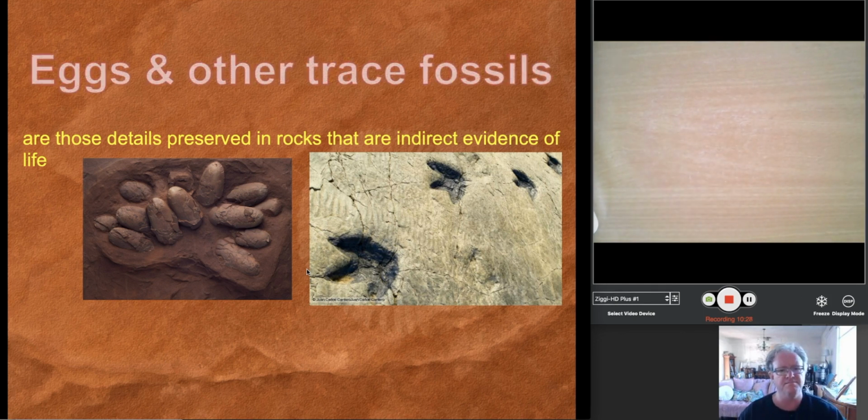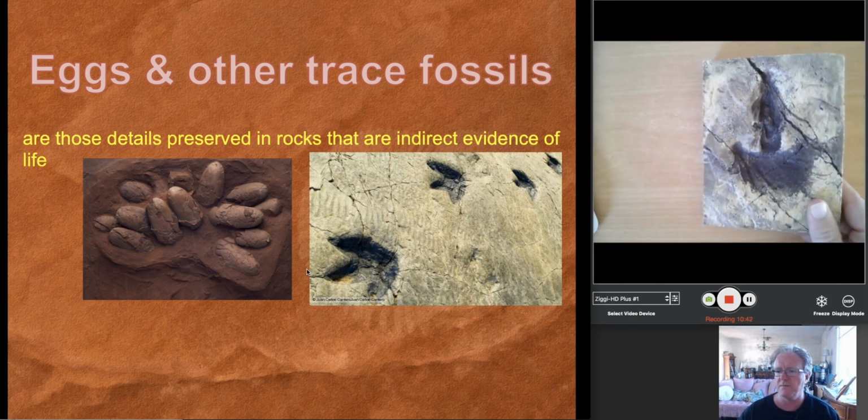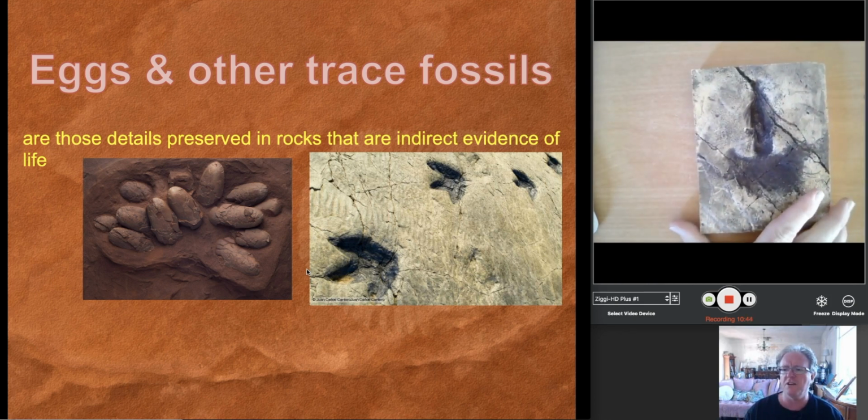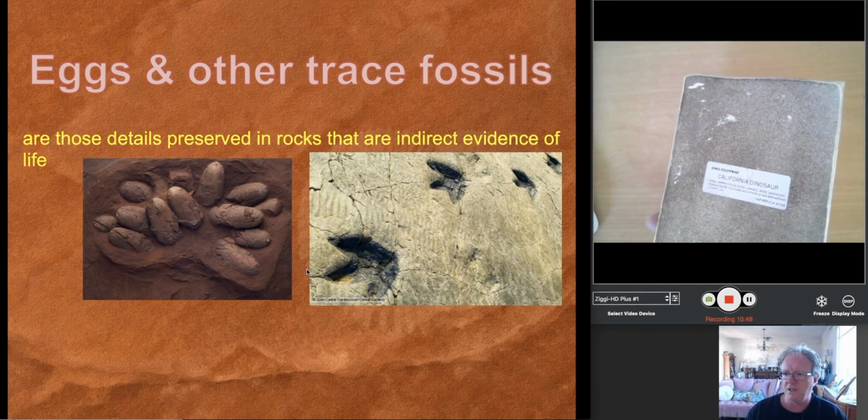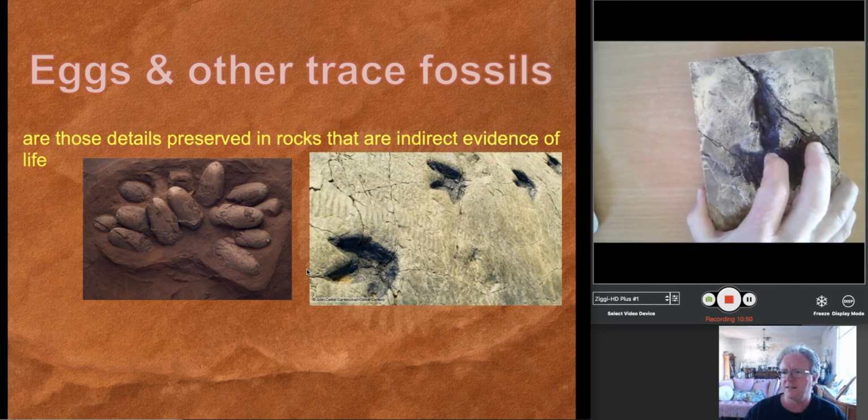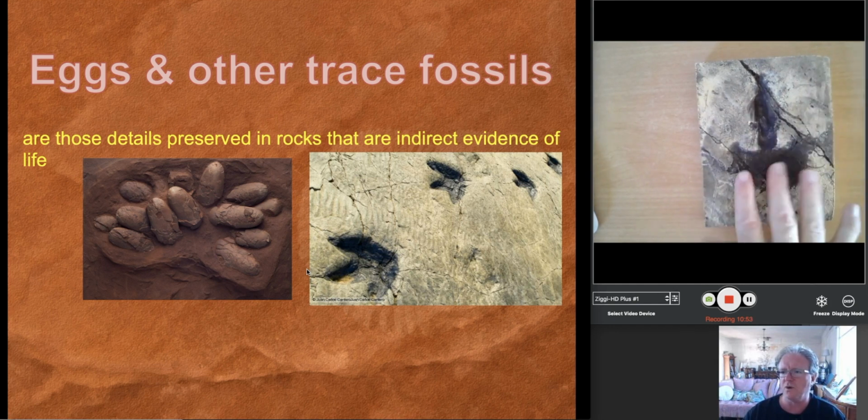Well, we've got eggs. Eggs are trace fossils, and a trace fossil is indirect evidence of life. Okay, so we have impressions there, and I've got an impression fossil just here. This is from an unknown dinosaur, according to the label at the back there, from California, and you can see it's made an impression in the rock, and that can tell us a lot about